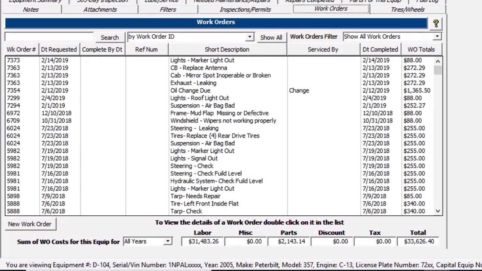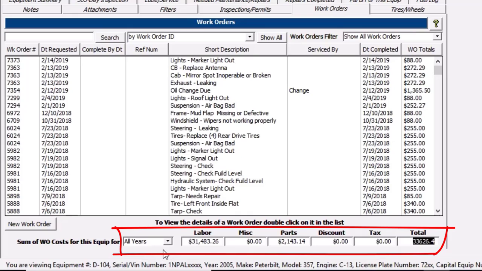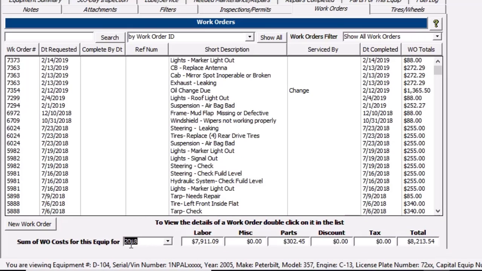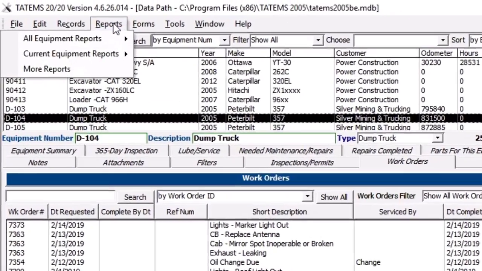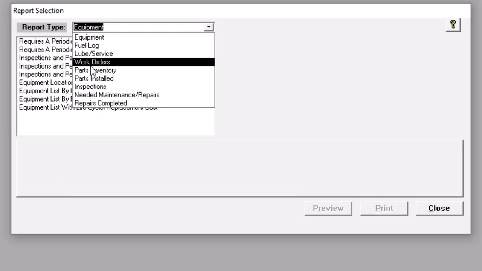In this video I want to show you how you can discover how much you are spending on each piece of equipment via work orders. So if I go over here to reports, you can see this information down below here, but if you want to see a specific date range, you can look at specific years here if you want to also. But if you want to look at a specific date range, you go up here to reports, you go to more reports, choose work orders,